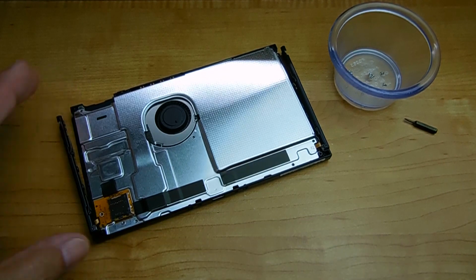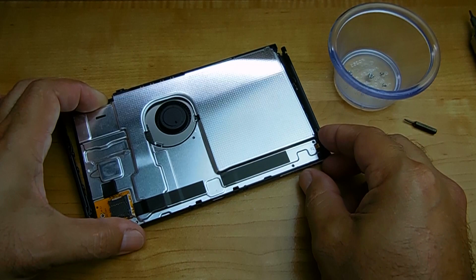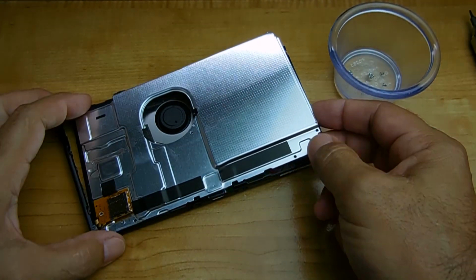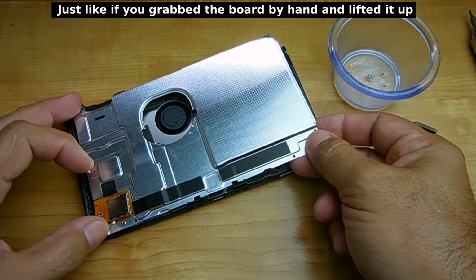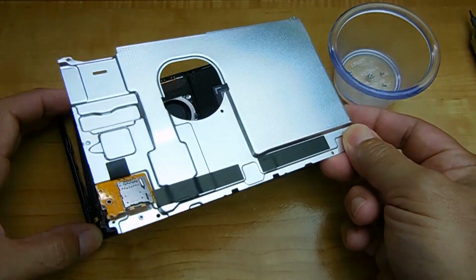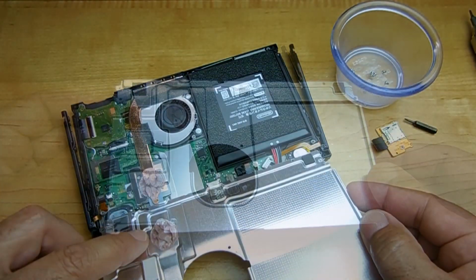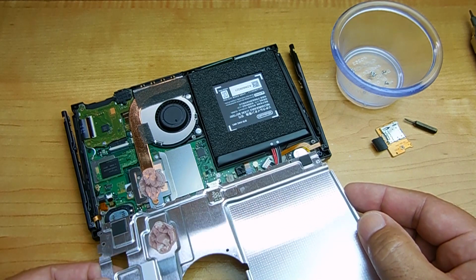The cable is secured to the circuit board by pushing in the connector. So as we lift the cover, like you see right here, it's going to loosen that connector, allowing it to release. So just grab the cover, bend it just a little bit, and as you can see, it just popped off. A look at the underside, you can see the thermal compound right here, and that's the CPU cooler. Over here is your battery,